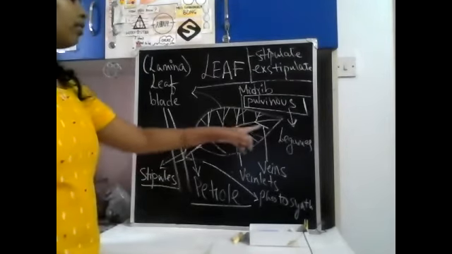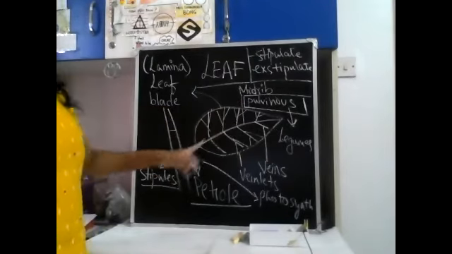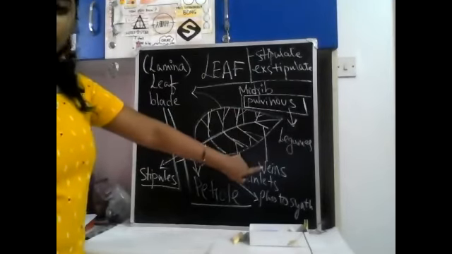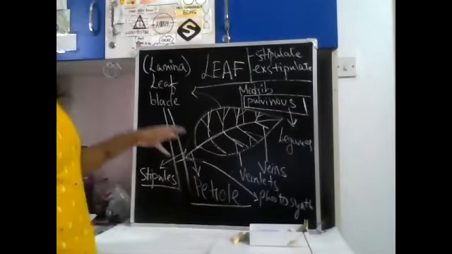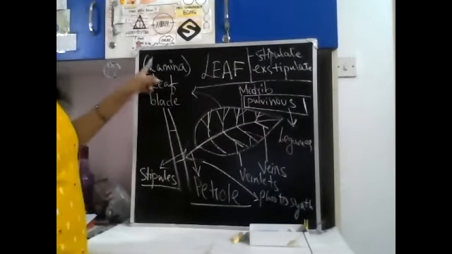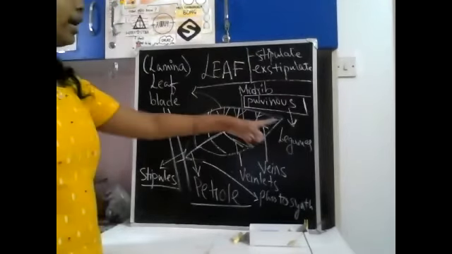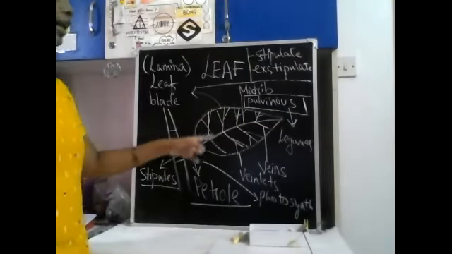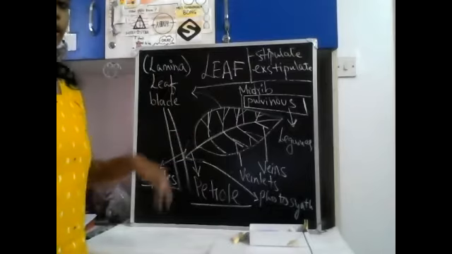Then the leaf has a midrib, which is the central line that runs through the leaf. The midrib branches out into veins, and the veins further branch out into veinlets. The broad part of the leaf or the border is called leaf lamina or leaf blade. This is where major photosynthetic activity occurs. The veins and midrib are responsible for transportation.